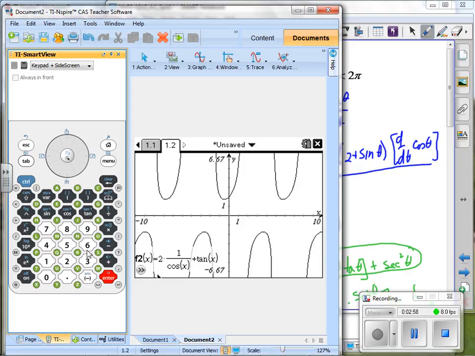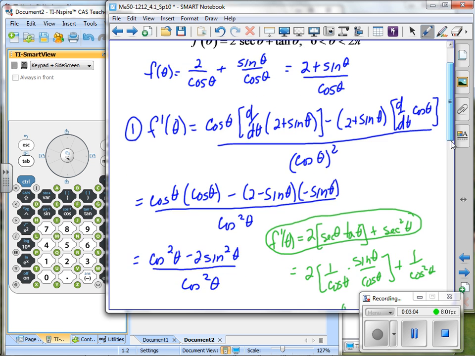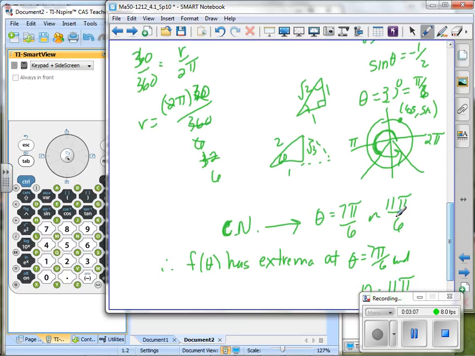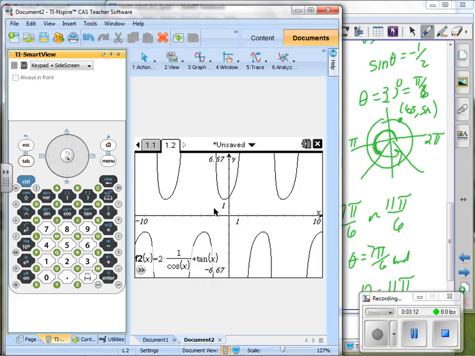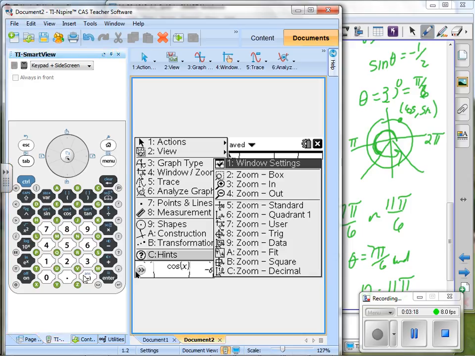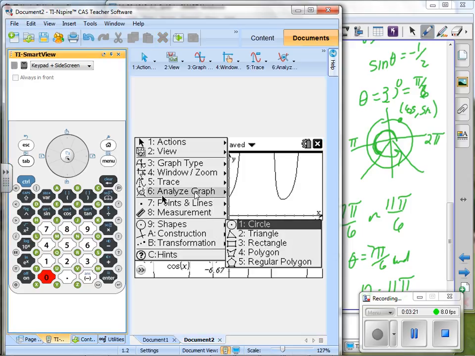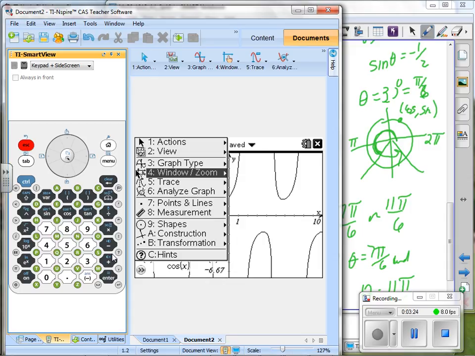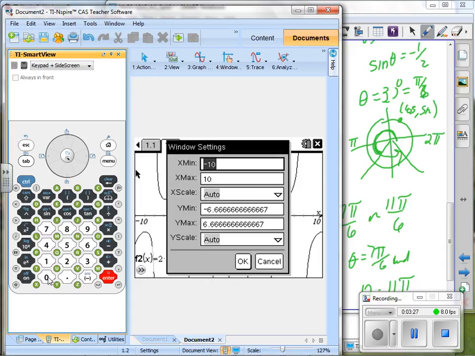Now we're on the interval from 0 to 2 pi. Did you notice that? Are the critical numbers in the interval from 0 to 2 pi? Yeah, they are, so we're all set there. If I look at this and I go from 0 to 2 pi, I'm going to change my window so I can really see that. So, oops, let's try that again. Okay, so I'm going to go from negative pi divided by 2, and 0 to 2 pi, so I'm going to go up to